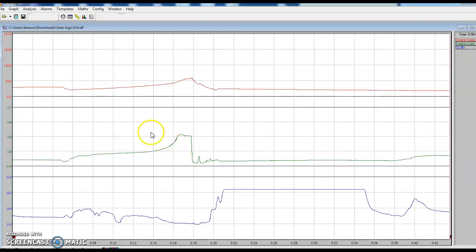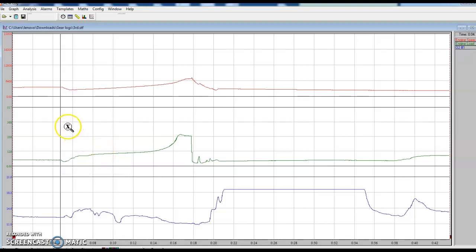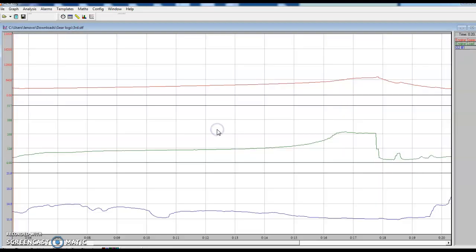You'll draw it. So engine speed, engine load, and O2 sensor. If you've got a long log, you can point out the load because it'll be higher. So I want to zoom in here, so I'm going to right click, zoom in, and then you click with the left mouse button, depending on where you want to zoom. So left click 1, left click 2, and then you can see on the